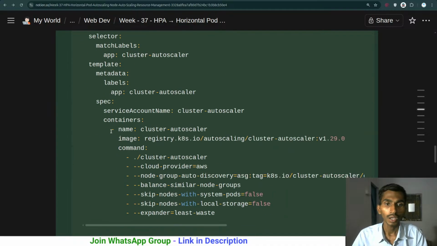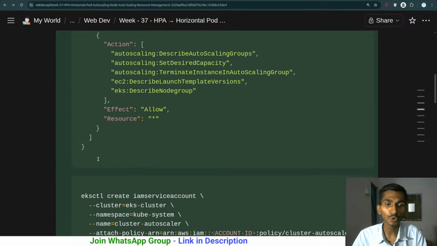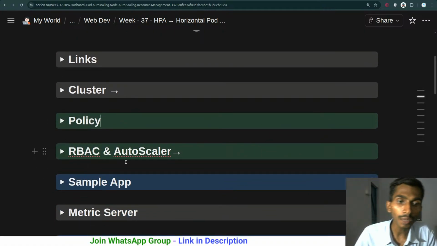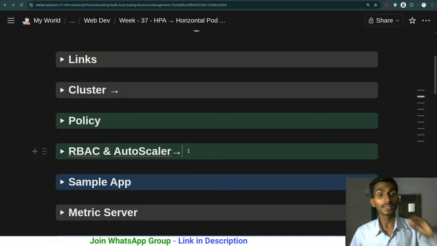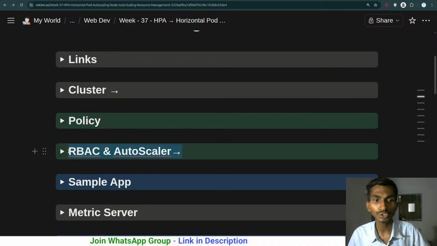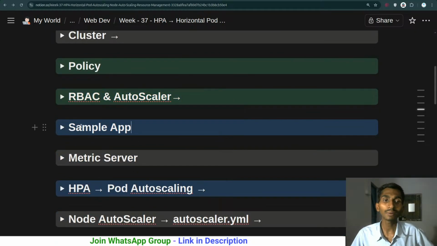What is the next thing? As we have gone through this, now it's time to create a sample app. Whatever we did so far, we created a cluster, we created a policy, we created an RBAC and AutoScaler. First of all, the cluster is of course where you are going to be running everything. Policy was mainly for allowing you to do some kinds of things inside the cluster. RBAC and this AutoScaler configuration was mainly for enabling your AutoScaler to auto scale or auto downscale the nodes and all, and then we will have a sample app,